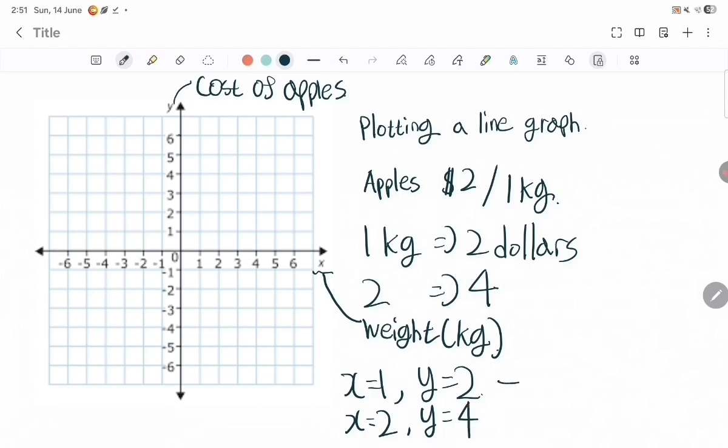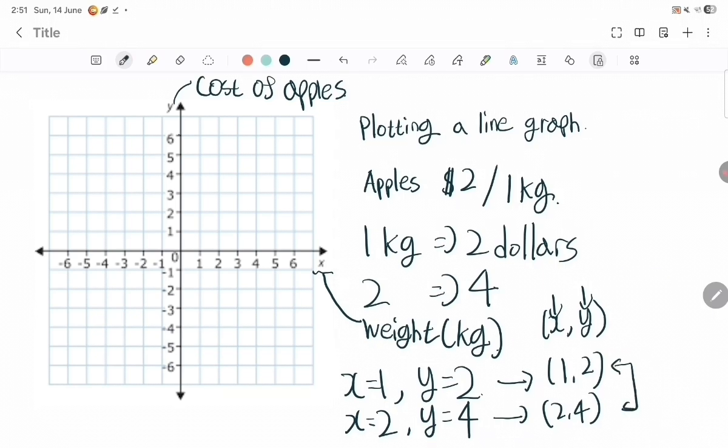So we can write these things by using coordinates. So (1, 2), (2, 4). We learned this in the last video, like x comma y. We usually write the x value first and then the y value. And then we are gonna plot